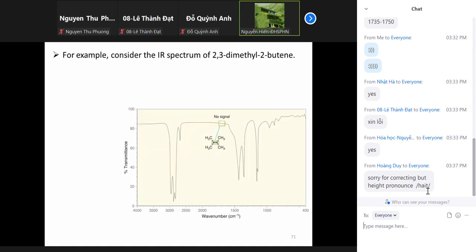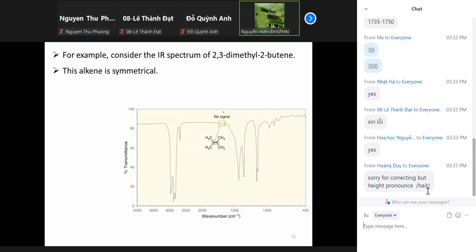So for example, this is the infrared spectrum of 2,3-dimethylbut-2-ene. The structure is completely symmetrical, and therefore the dipole moment of the CC double bond is nearly 0, and therefore you see